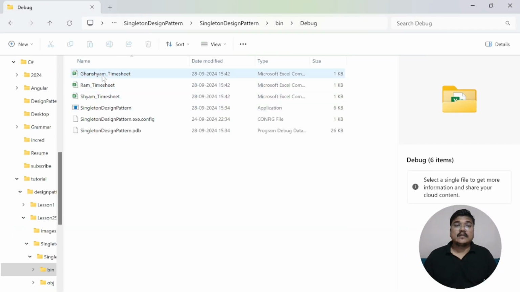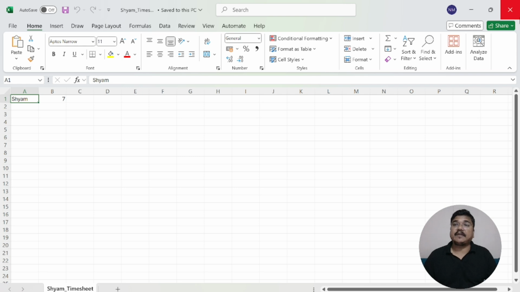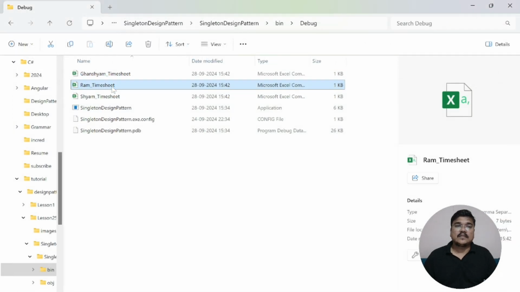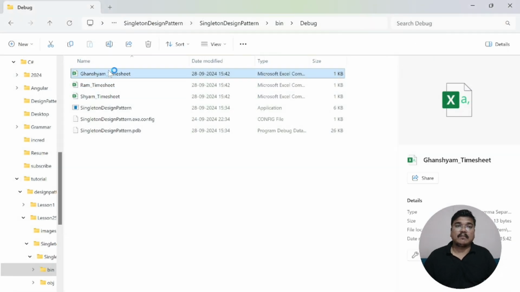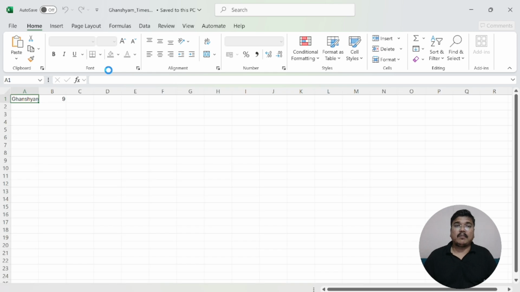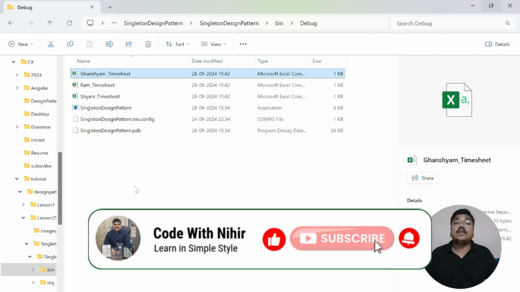So here 3 timesheets are created and each of them is logging their hours in a separate sheet. See, this is for Shyam, this is for Ram, and this is for Ghanshyam. Now the problem with this approach is, if we want to know the time of all of them for that particular day, we have to open each of them and then create a separate sheet and put all the working